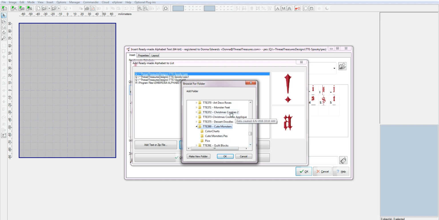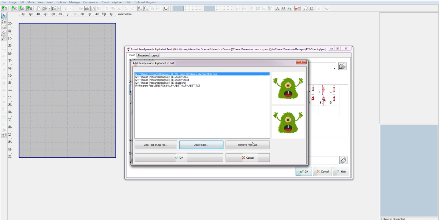and then I've got the PEZ files. Since I'm a digitizer, I've got a lot of different formats and stuff, but to make this work, you need to have all your PEZ files, if that's the format that you use, in one little folder, and not have your JEF and your HUS and your DST files and stuff like that, just the format that you need. So I'm going to click on that, and I'm going to say OK,